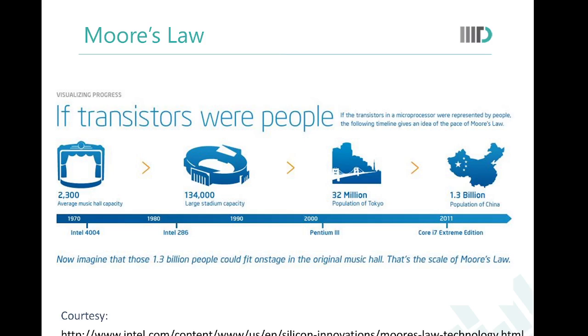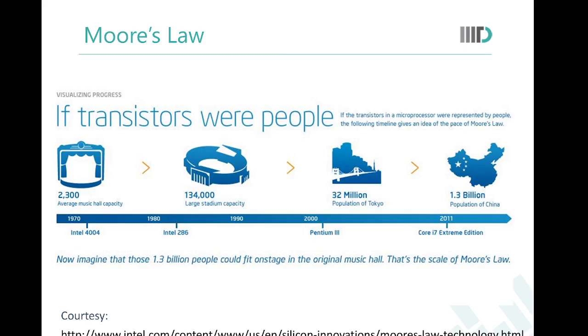Now, people interpreted that prediction differently, and it also resulted in different corollaries, and ultimately the most popular one was that the number of transistors you can put in the same chip will double every 2 years to 18 months. So, depending on what kind of chip you are looking at, if you are looking at a memory chip, then it will double every 18 months. If it is a processor kind of thing, then the number of transistors will double every 2 years.